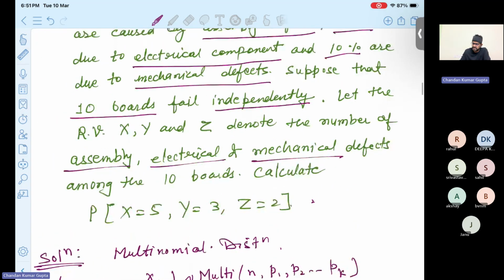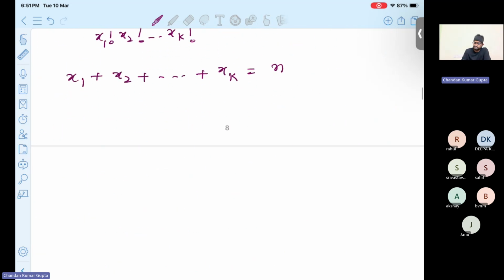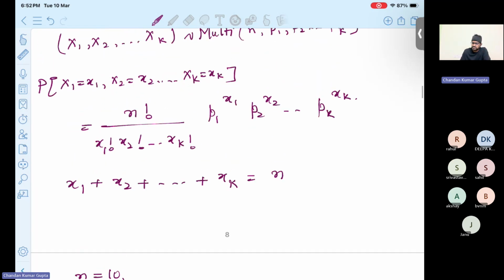The question contains n equal to 10. X is equal to 5, y equal to 3, z equal to 2. So that is x1, x2, x3. 5 plus 3 plus 2 comes out to be 10. Okay, so that means what? We are given n equal to 10. Okay, so yes, in this question,